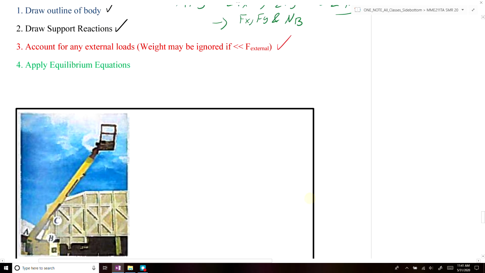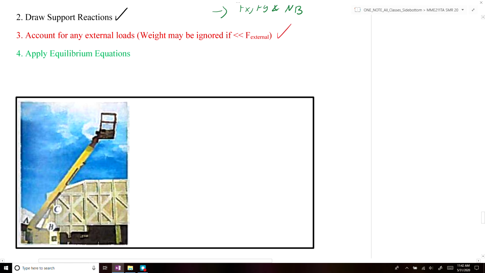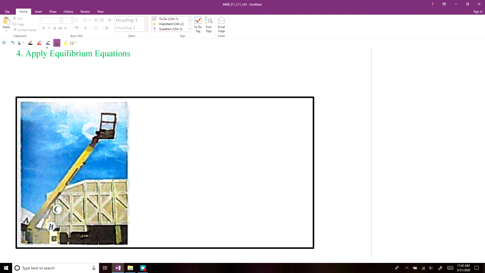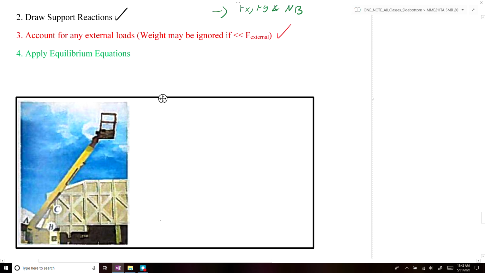We can also apply it to a system of rigid bodies. So in this case, we have a crane here. The crane has two components. It has a component that starts at point A, and it goes up to